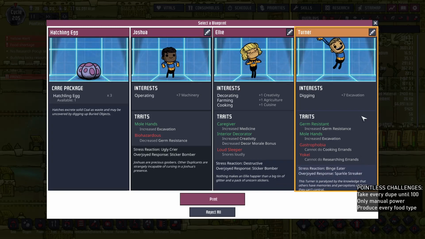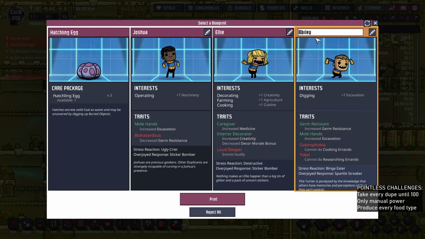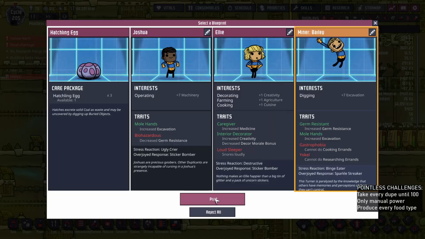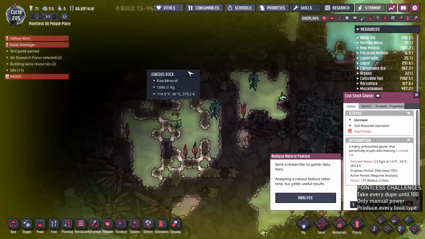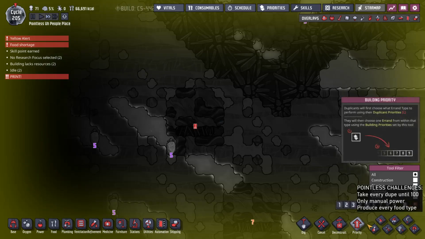Definitely don't care about either of these, so we've got ourselves a new miner. Randomize his name, Bailey. Kind of boring compared to a lot of others, but we'll take it. Print. Yeah, let's check out the other geysers down here, because I know I looked at them before, but I